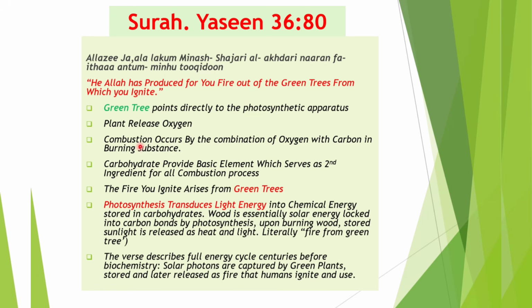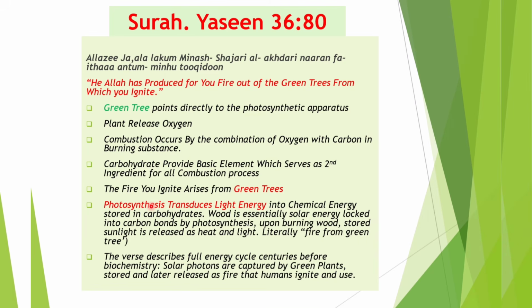And now combustion occurs by the combination of oxygen with carbon in the burning substance. At the same time, the raw material which is being provided, whether it is a fossil fuel or a carbohydrate, provides the basic element which serves as the second ingredient for all combustion processes. So the fire you ignite arises from green trees. So because of the photosynthesis